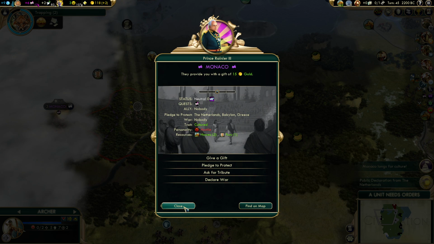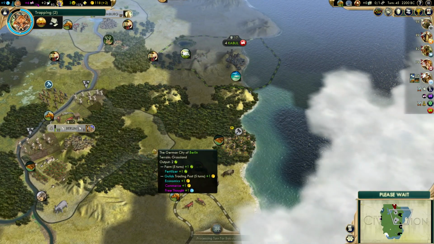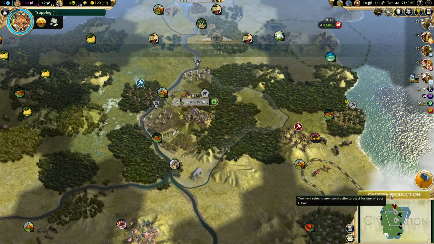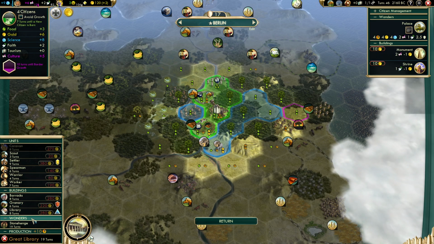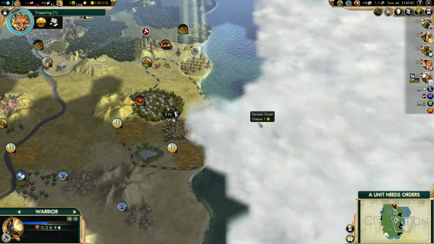Hey, Monaco. Nice to meet you. Would love to see a race there one day, even though it's really boring. It would just be cool. Alright, caravan done. You know what? Let's try to go for the Great Library. It will be annoying if we get beaten, but...